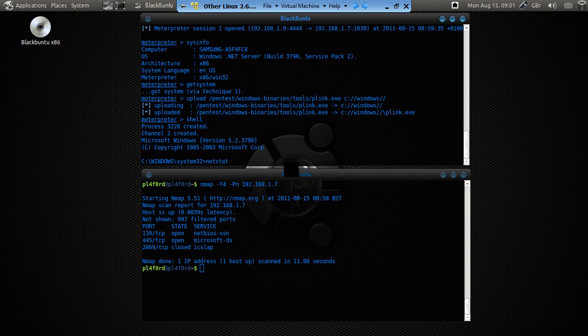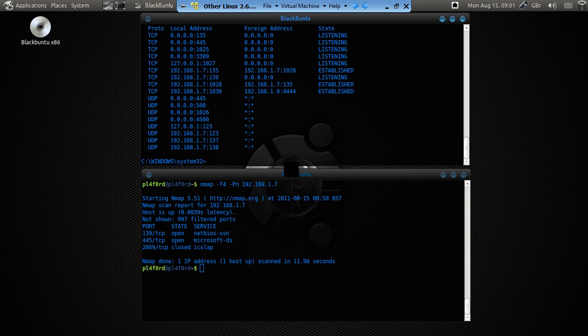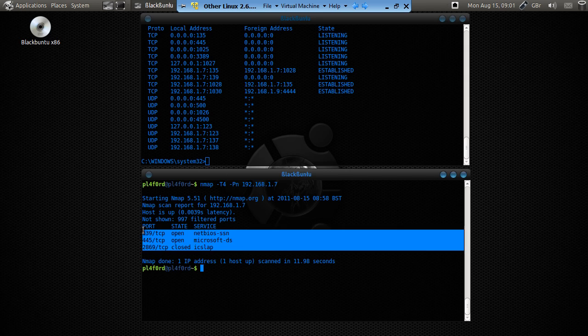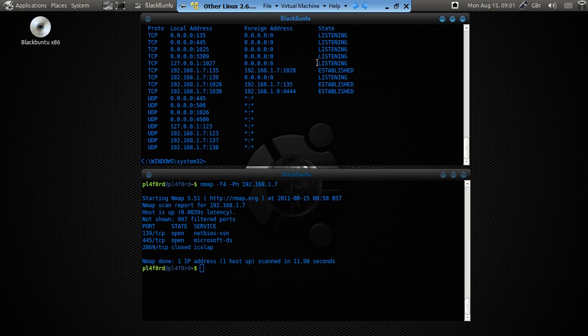So let's just do a bit of enumeration. Just doing a netstat, to compare what ports are open. This is what we got back. I just highlighted them, and these obviously are all the ones on the system. Now the one we're interested in is this one, remote desktop, 3389. What we're going to do with this is tunnel that out to our attacking machine and make it available on our localhost, so we can log into that. But before we do that,